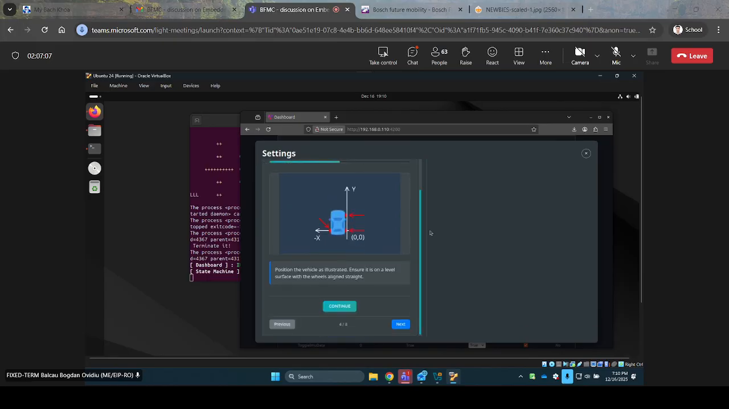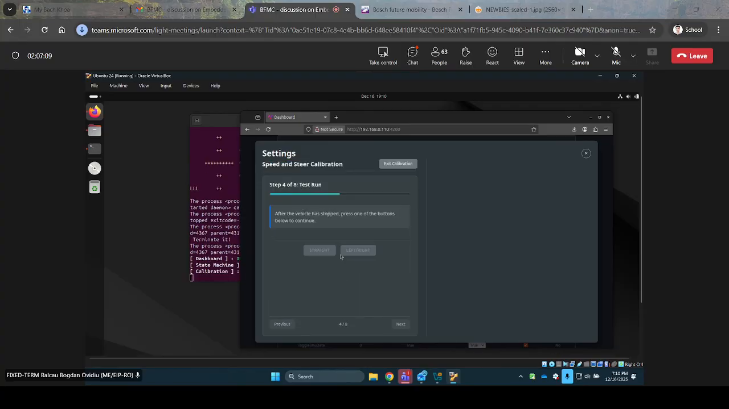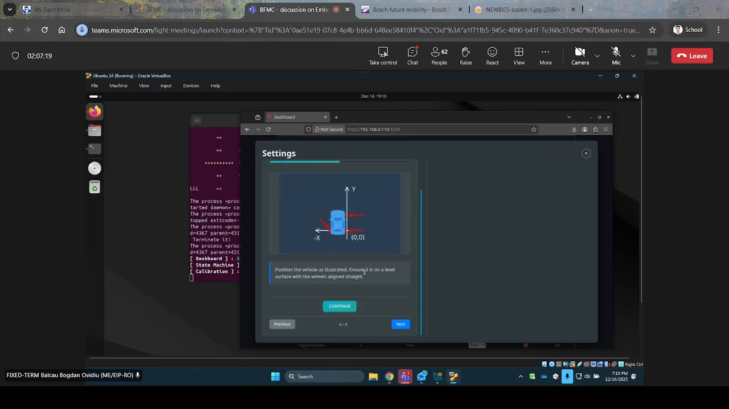And of course, after you'll have a test run where you can test the car to see if everything is properly calibrated. So if the car is going to go straight, everything should be fine. If not, I think something went wrong. So you can either continue with the calibration procedure and redo another one after, or you can start over again. So after the test run is done,